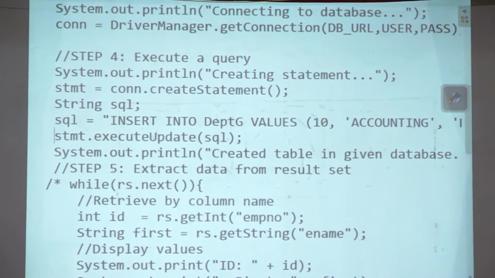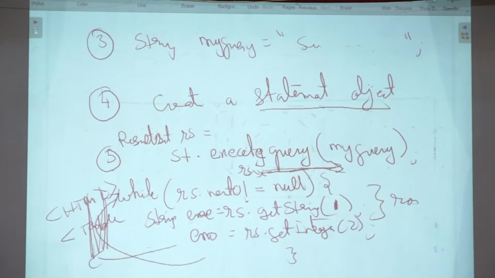And do insert into the database. Every time, after every SQL1, you say statement.execute update SQL1. So, some of you may do it. So, just change